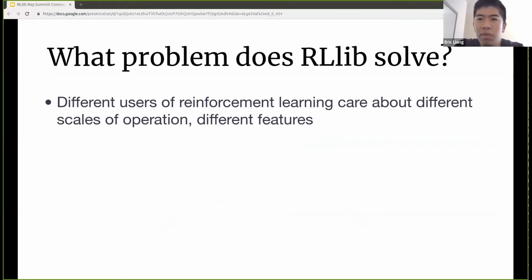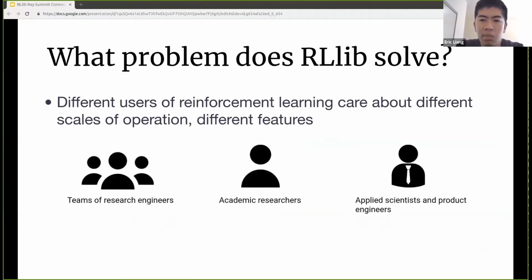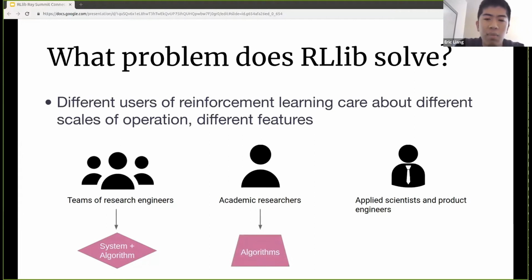What we found is that different users of RL care about different features because they focus on different aspects. For example, teams of research engineers care about building systems and their applications. Academic researchers want to focus on RL algorithms. And applied scientists and product engineers, on the other hand, really want to focus on the application level.